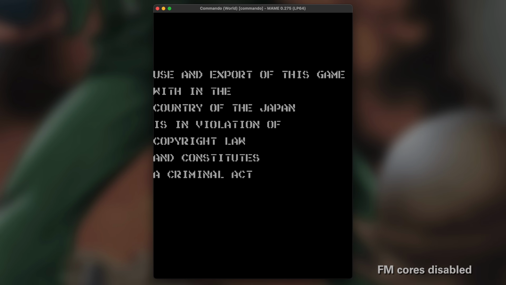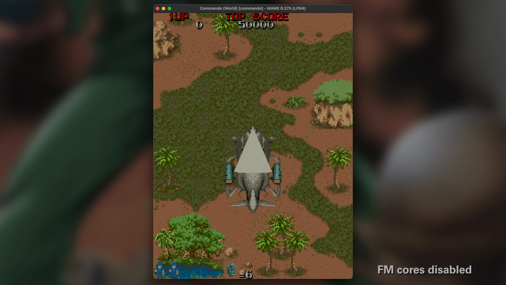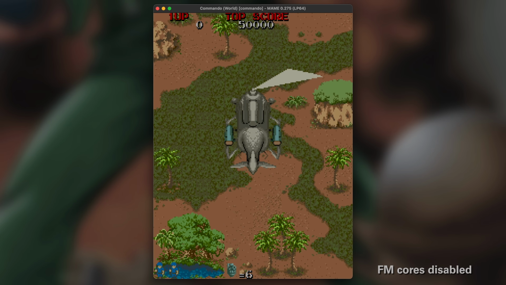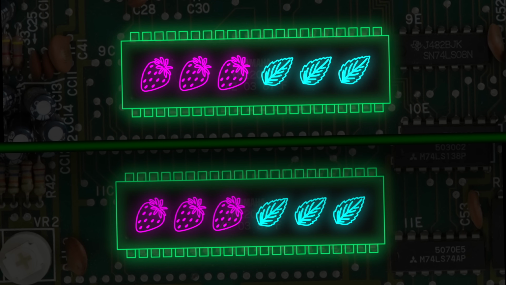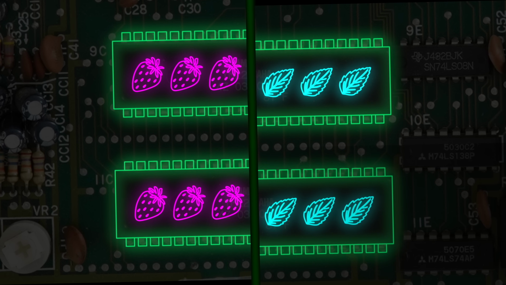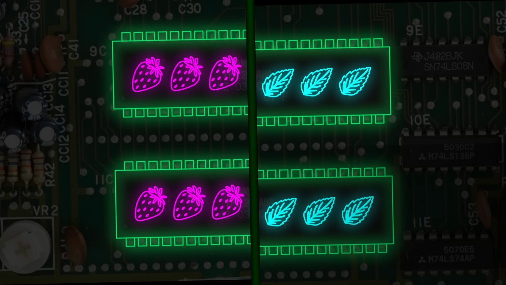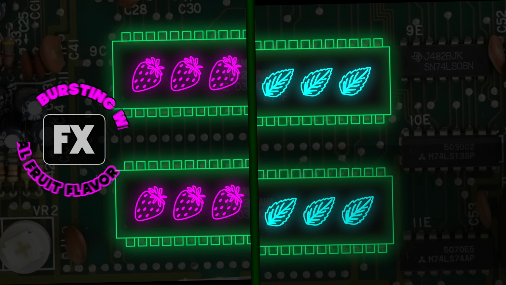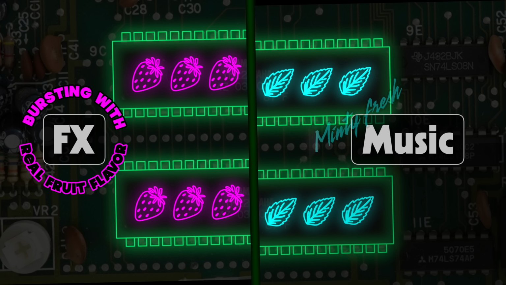And sure enough, on this playthrough, we had all of the sound effects and none of the music. So, in conclusion, I was wrong. The allocation of effects and music isn't a division between the sound chips. Instead, it's a division within the sound chips. But it is still a nice, clean hardware division. I don't feel too bad about that. Capcom's effects generator can continue to use the SSG voices, and my music player will have free reign over the